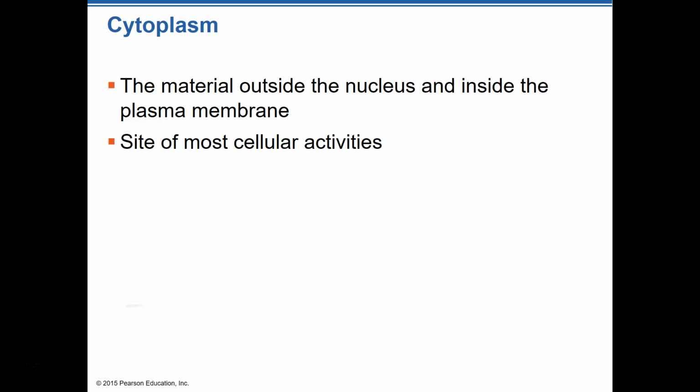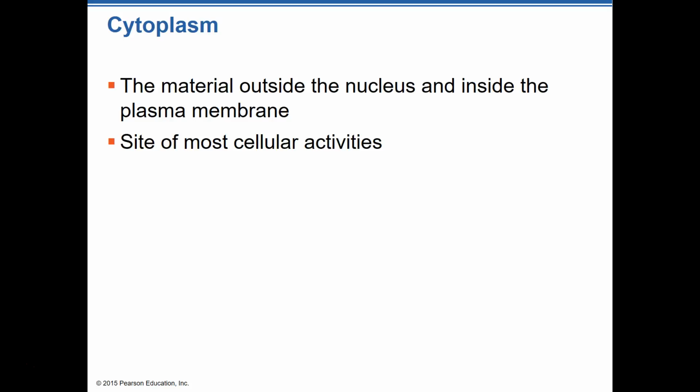Okay, there we go. The cytoplasm is the substance inside of the cell, but outside of the nucleus of the cell. That jelly-like stuff inside of a cell is called the cytoplasm. And it's where most of the cellular activities take place. It's also where what we call the organelles are located. Organelles are basically just small organs. If you try to think of it that way, you've got organs in the body.